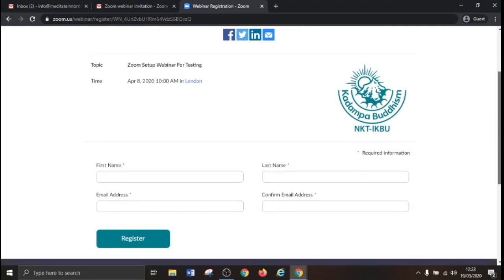Please register with the same name as on your original booking. When complete, click Register.